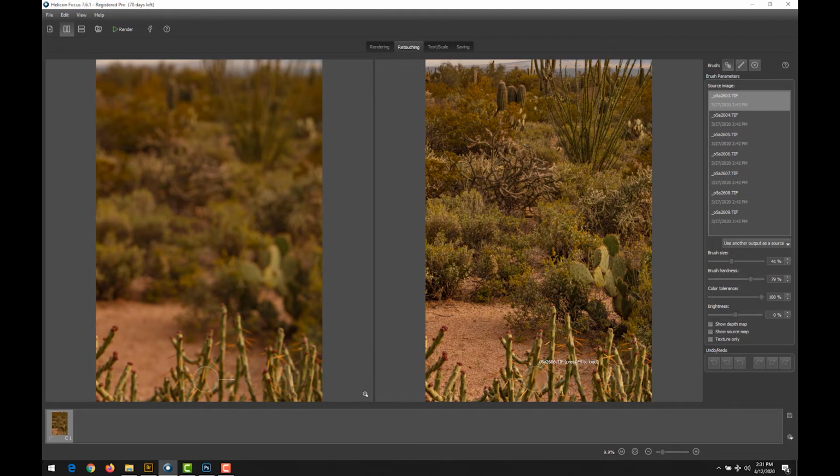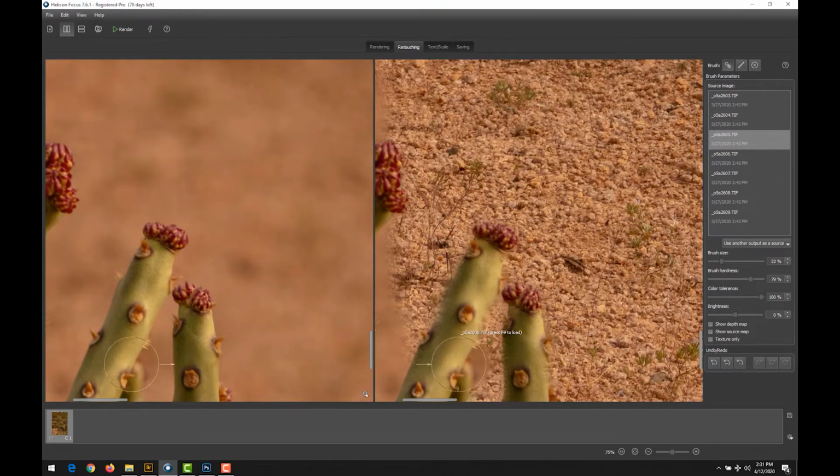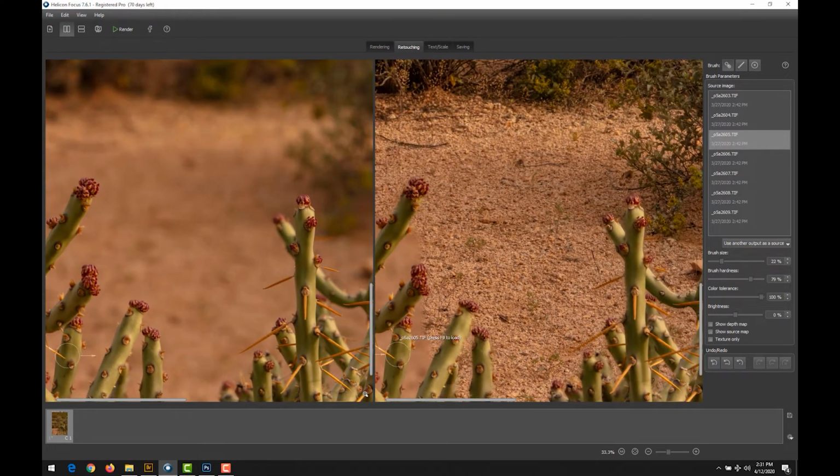And even here closer, we see that that first step in the sequence was even too close for that. And we saw earlier that the third image was actually the one that seemed to give us the best sharpness on these needles down here. So you can go down through here and you can retouch on this. You can adjust the size of your brush down to much smaller. You can roll your mouse and actually zoom in, and you can start retouching these areas and getting just that